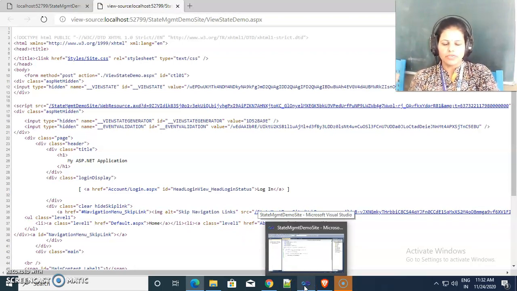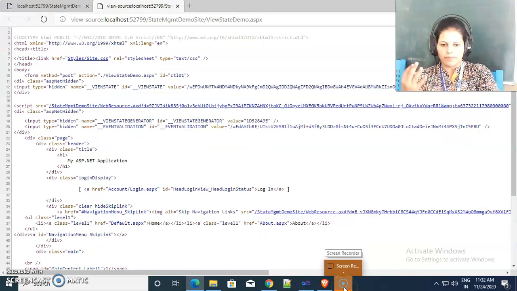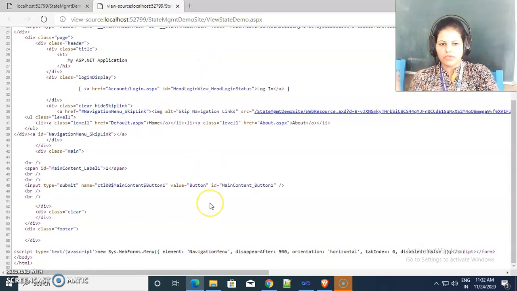On the client machine we run a browser, and inside the browser we run our website. Whenever we click or request a particular page, a request goes to the server, and the response comes from that server to the client machine. The client machine's browser gets the response as HTML source.